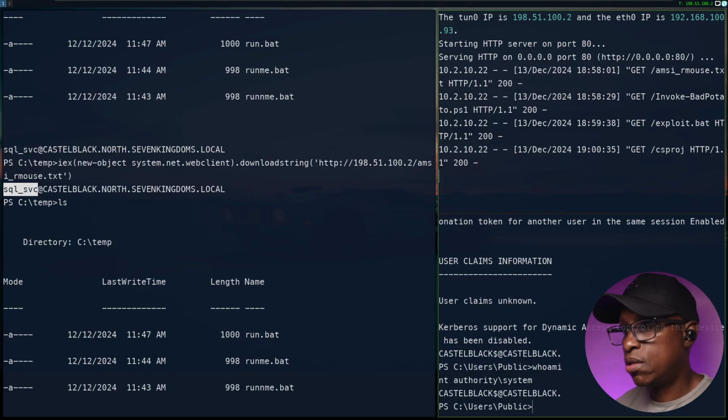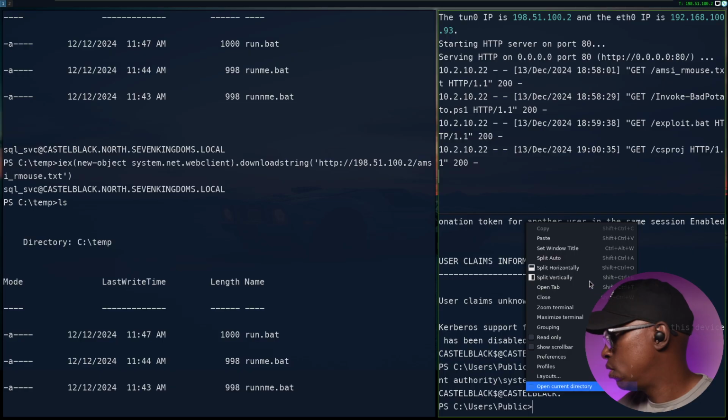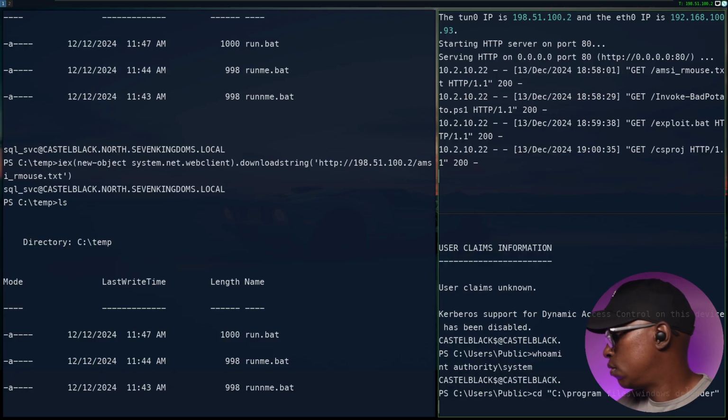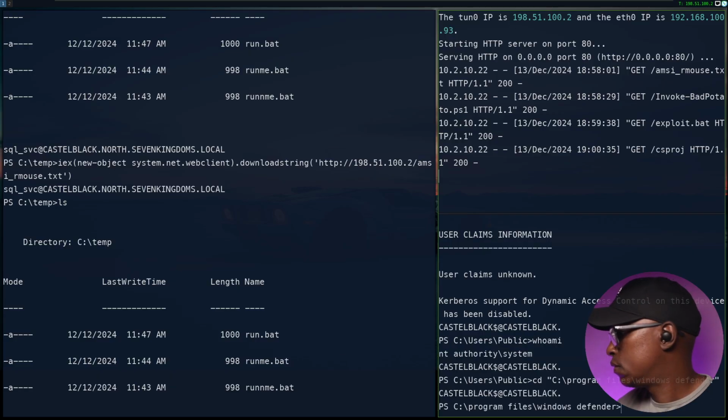And as system as well, just as a bonus, I'll show you how we can disable antivirus and then probably just get a Meterpreter shell. So if we go to this particular folder, Windows Defender, C Program Files, Windows Defender. I think something is wrong with the internet. You go there, and then if we